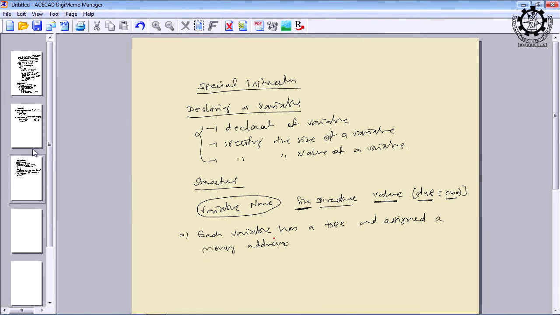So, this is also a very important concept. Each variable has a type and is assigned a memory location address. If you are using a pointer in C, C++, then a pointer can serve as an address, but here you have to explicitly give a memory location address to a variable. That means every variable is a memory location address unless it is named for a register. Variables can be named either for registers, or for memory location addresses. There are only two ways.